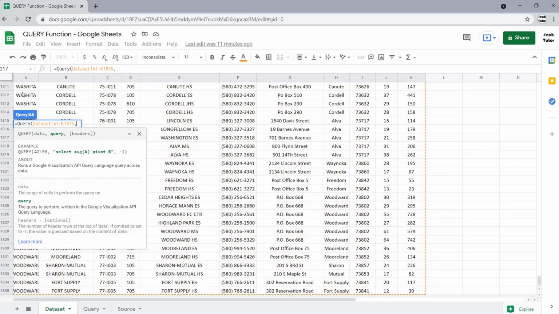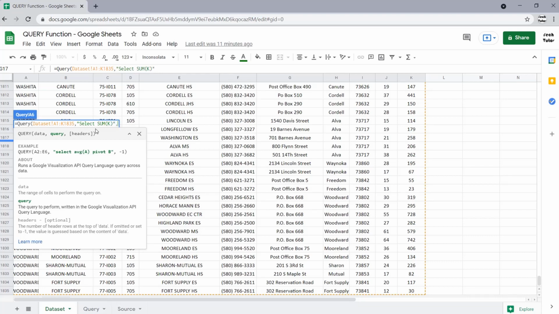Next, the second parameter is the query itself, which has to be in quotation marks. As you can see in the help bar here, you start off with select, and you can use an average or a sum statement. I'll use the sum of column K, which is total enrollments in this data set,